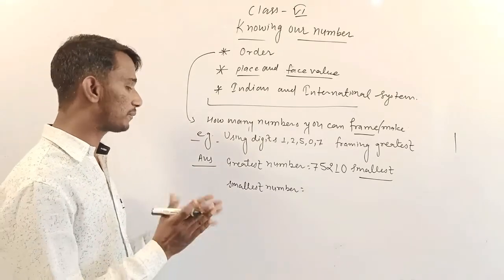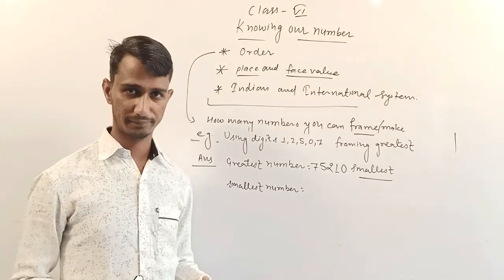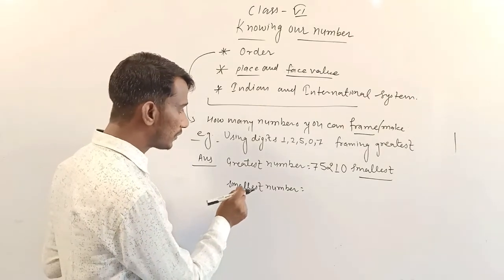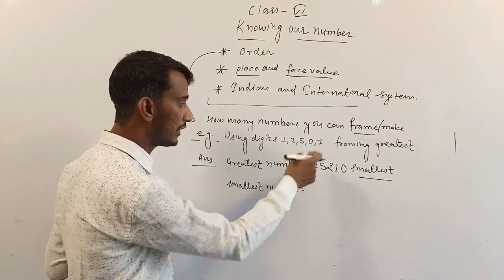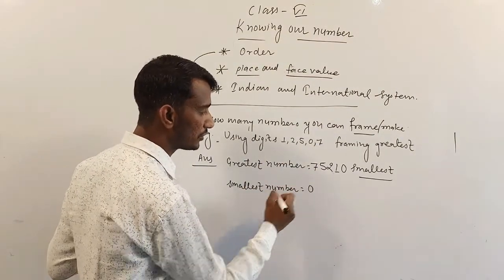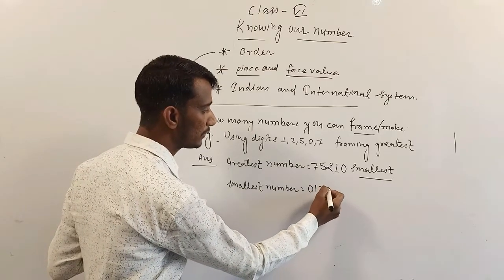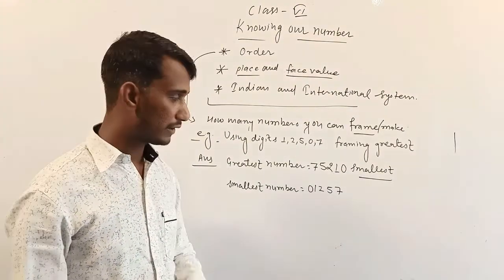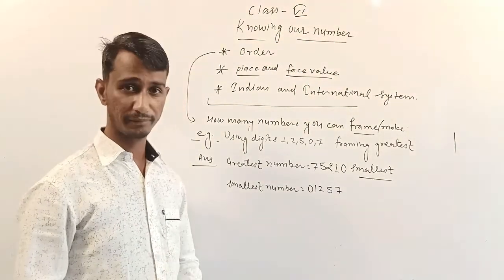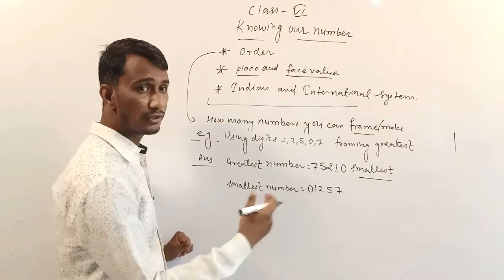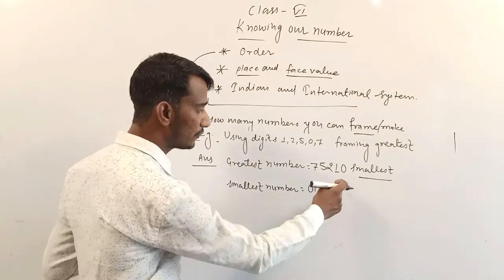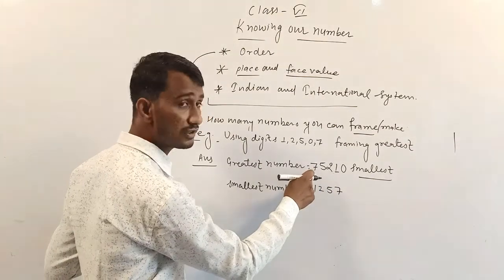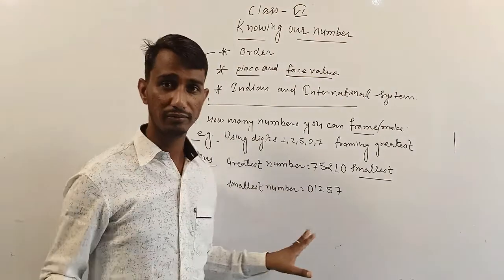Dear friend, same process but something different. What is different here? Look here. When we frame the smallest number, we write the smaller number first. So we get the small number 0. After that we write 1, 2, 5 and 7. So it is your smaller number, but do you know how to read this number? If we start from the right side, according to the place value chart, we count 1, 10, 100, 1000 and 10,000. And on the 10,000 place is 0, that is having no value.